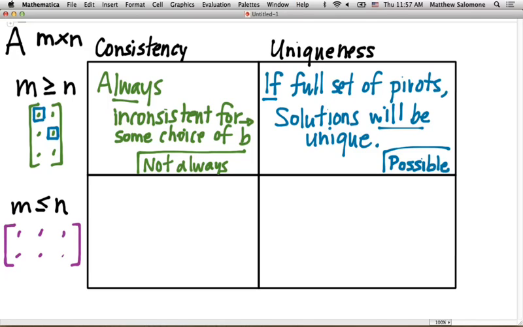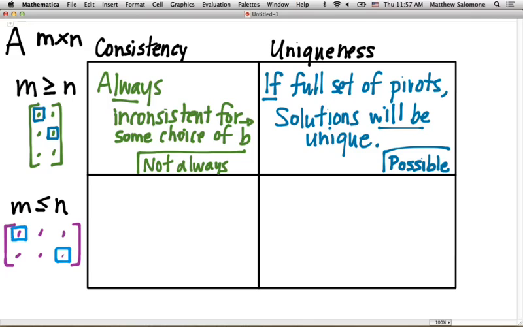What can we say about the uniqueness of solutions to this system, even if I have a full set of pivots? That's right. So a full set of pivots is going to fill up all the rows. But it cannot, if we are wider than we are tall, fill up all the columns. So in this example,